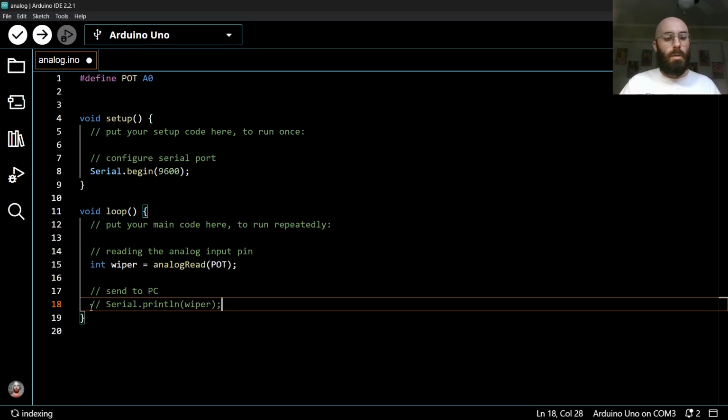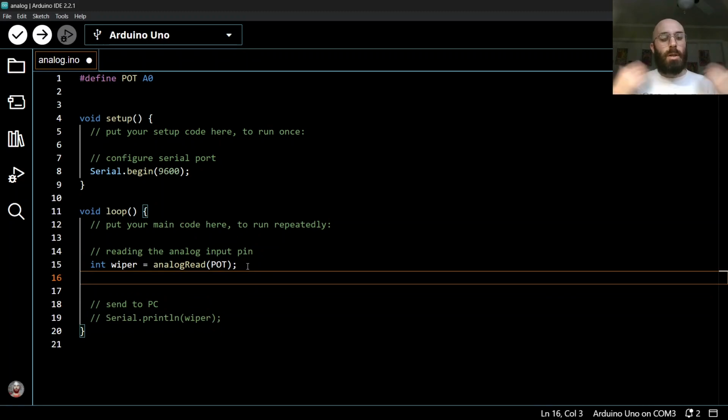So right now I'm going to comment it out, and I'm going to create a new variable here called voltage. But remember, to declare a variable, to create a new variable, I need to give it a type. And what we want to do here is represent some value between 0 and 5, but it could be a decimal value. So I'm going to change this to be float. And what I'm going to do is I'm going to set it equal to wiper. And then what I need to do is multiply it times